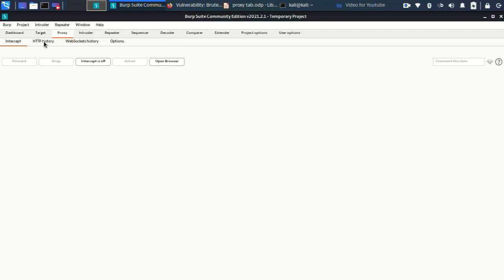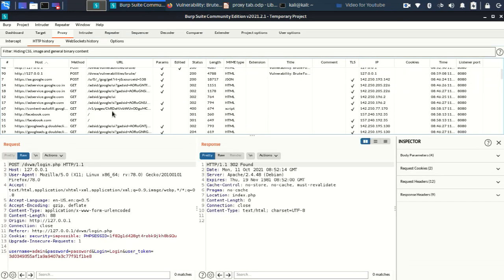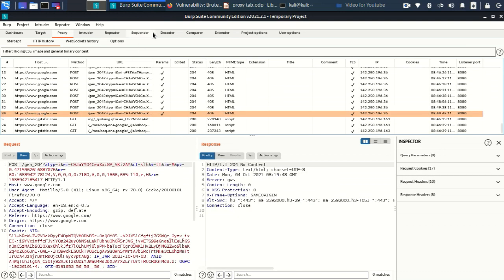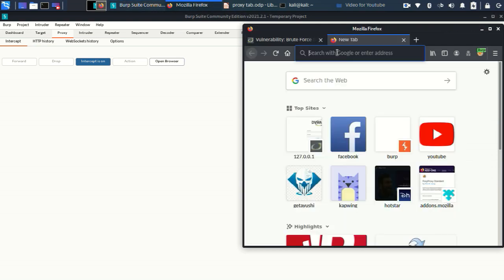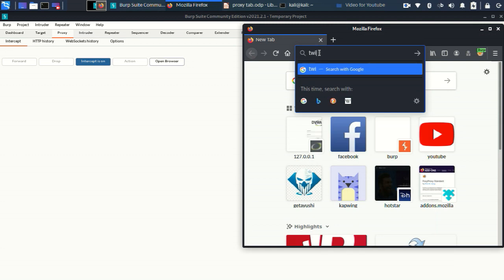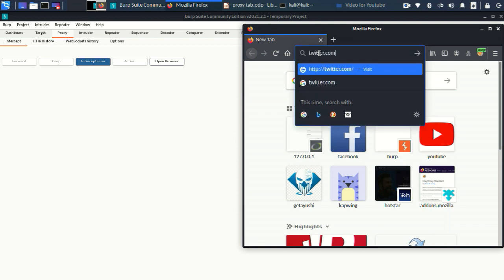See, DVWA web application, then Google. Let me do one more search so that I can show you. Say intercept off. I'll do one more search. Close it. Say Twitter.com. So now intercept off, I'll go to HTTP history.